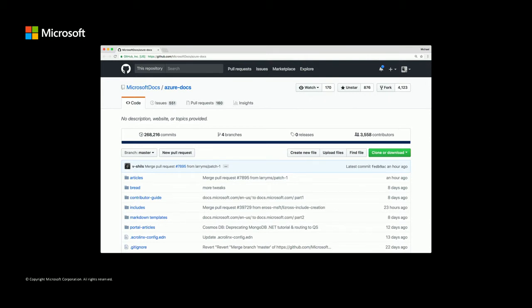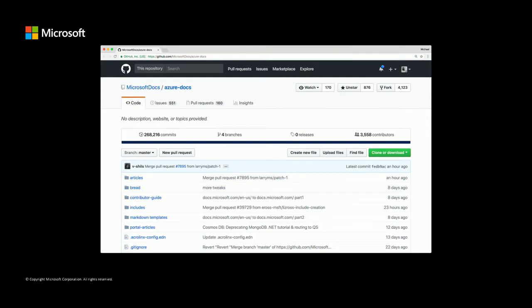This is GitHub. And this is the Microsoft Docs organization on GitHub, where there's public documentation for developers, if they're building any sort of integrations or actually want to make a contribution to the docs. Maybe you notice that something's not right anymore, right? Or you want to add a piece of documentation just because you think it makes sense. Well, we want you to have the ability to do that, right? So this is the open source repository, Azure Docs, that actually gets deployed on Azure's public documentation site.